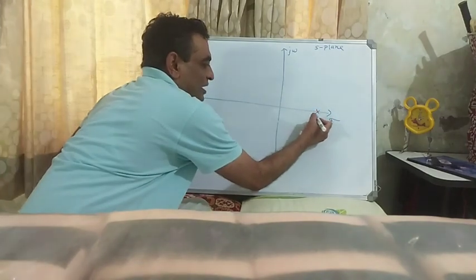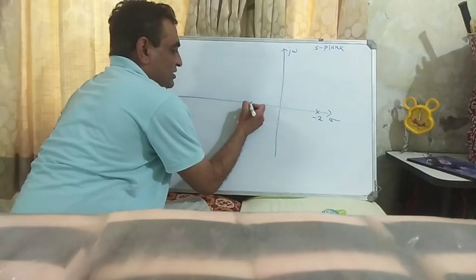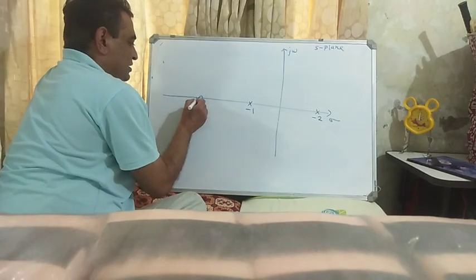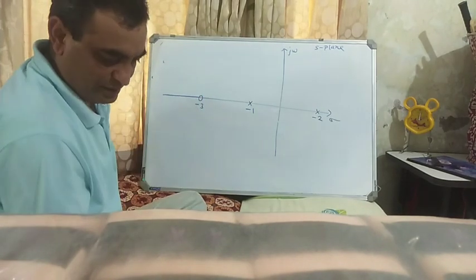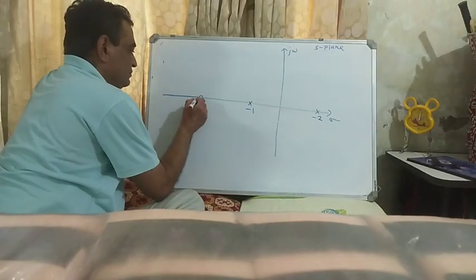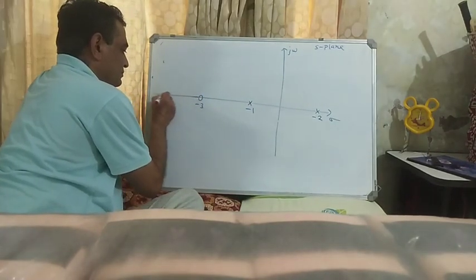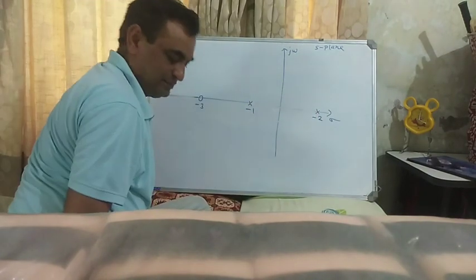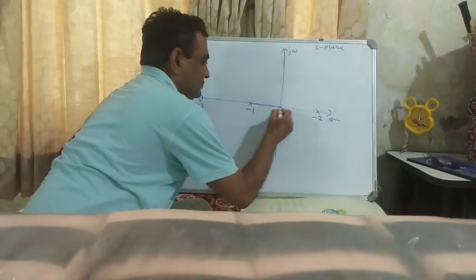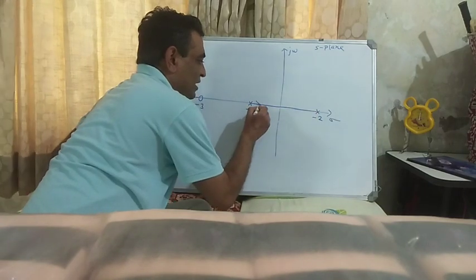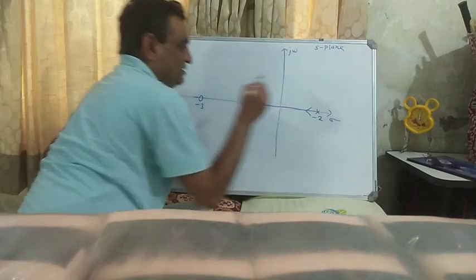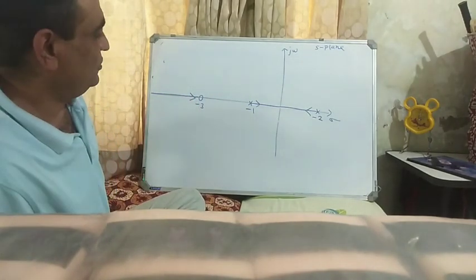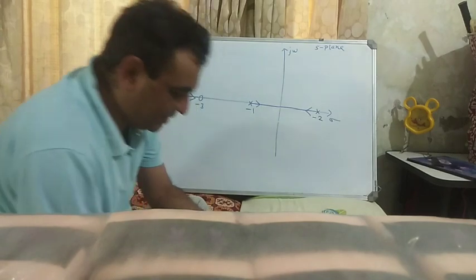Now this is -2, you can say this is -1, and there is one 0 at -3. This was a part of the root locus. This was also a part of the root locus. There is an arrow like this, there is an arrow like this, and there is an arrow towards the 0. Now let me identify the breakaway points.